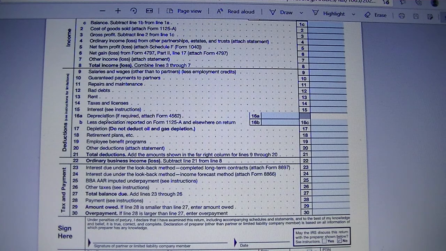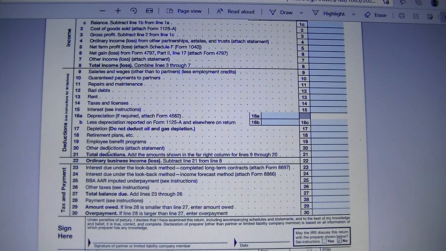But now if you claim any Section 179, it should not be included. It will go on Schedule K-1, because partners will report that on their 1040. And any depreciation reported on Form 1125-A or elsewhere on the return. So, and then you just